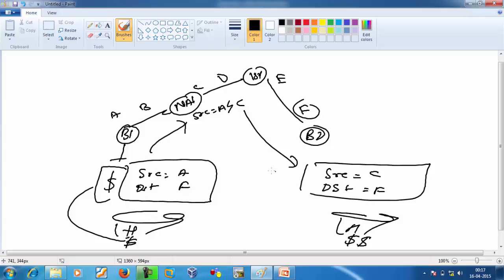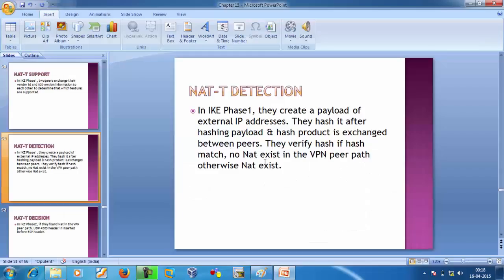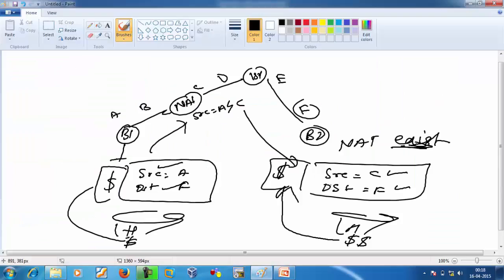At the time of hashing, source A and destination F, but at the time of verification, source C and destination F. The IP address changed, so the hash changed. It means NAT exists here. If the hash matches, no NAT exists in the VPN peer path; otherwise, when the hash does not match, NAT exists.